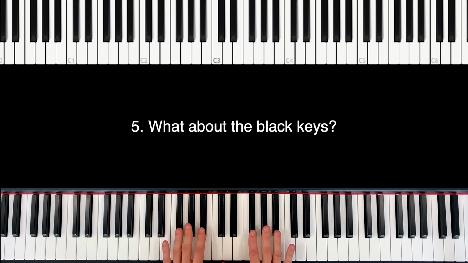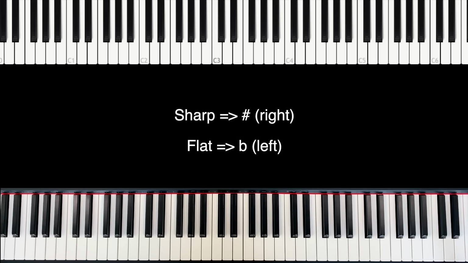Before we talk about the black keys, we have to know that every note has a sharp and a flat. So when I go to the A, the middle one of the 3 black keys, and I go to the right, this is the A. When I go to the A, we have a flat, and this is the one on the left. And here's a very important rule.